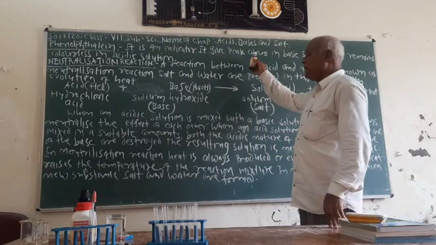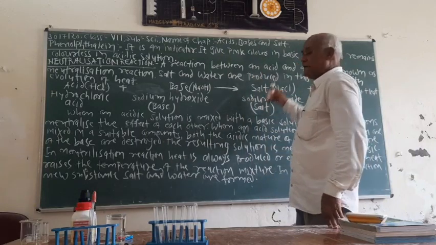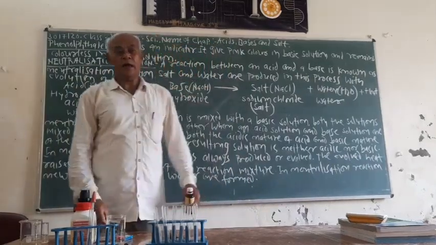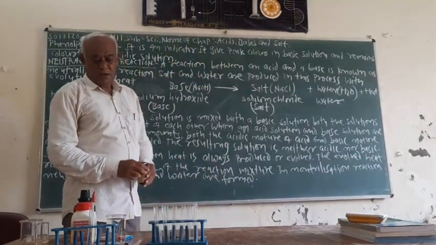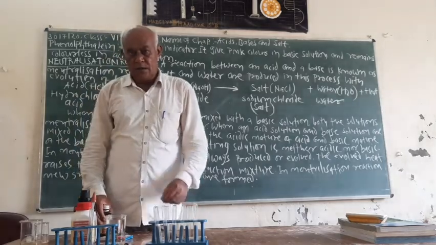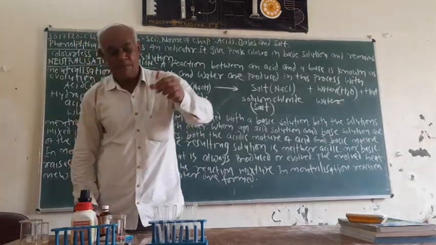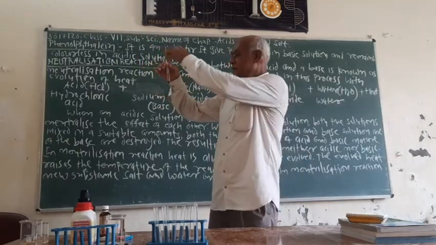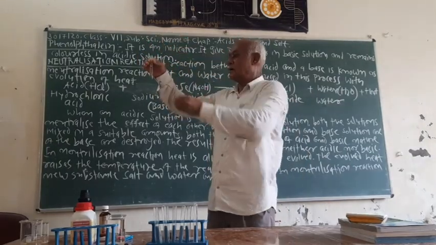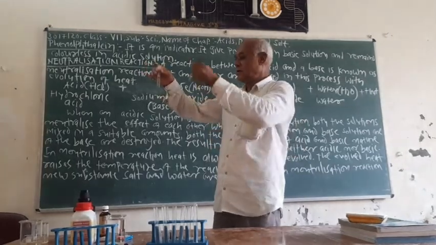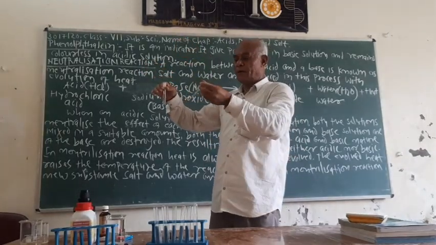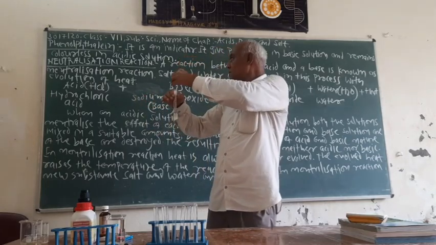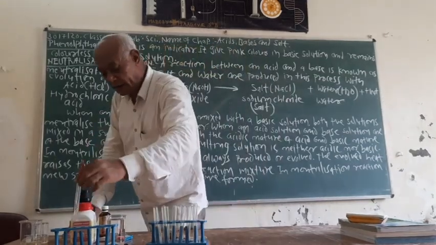It gives pink color in basic solution and colorless in acidic solution. The original color of phenolphthalein indicator is like this. Phenolphthalein itself is a colorless solution, and it gives